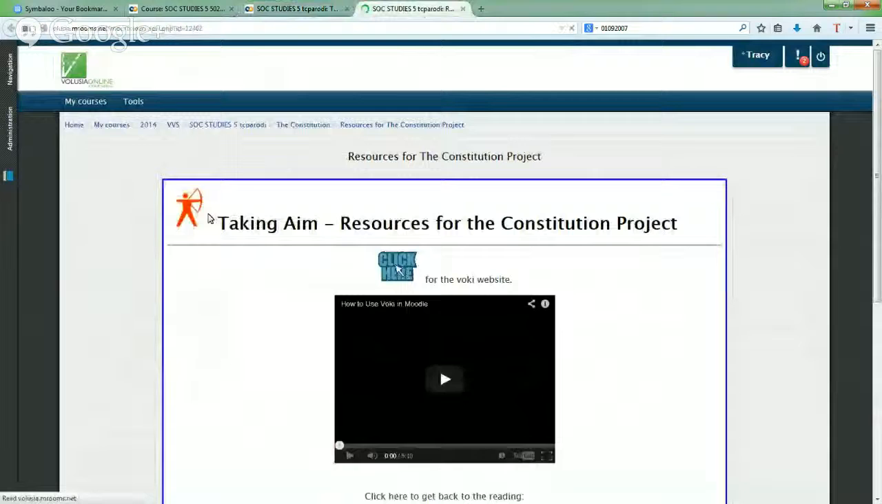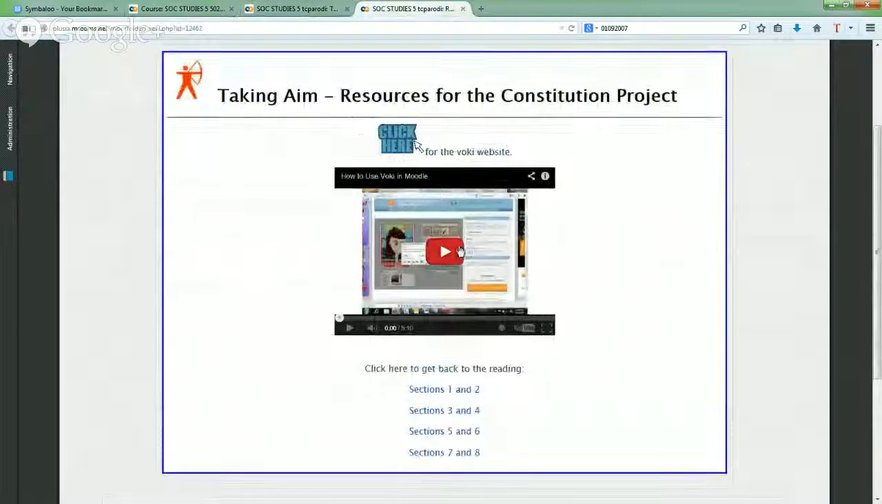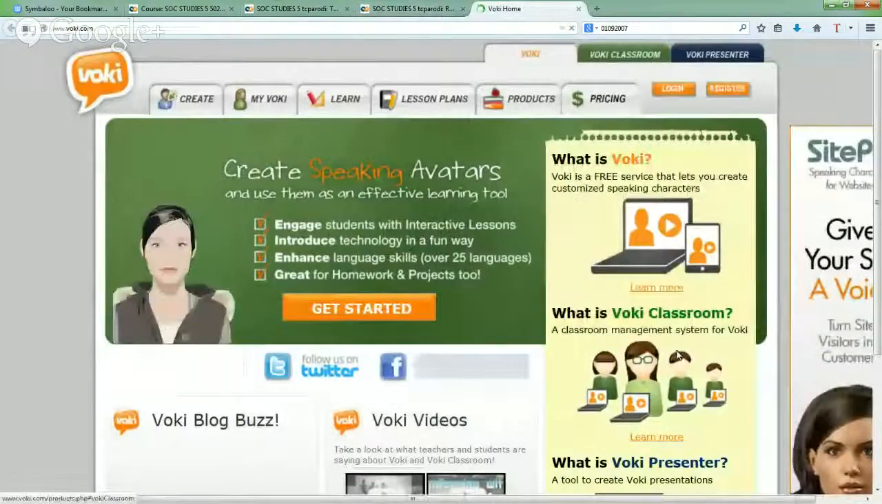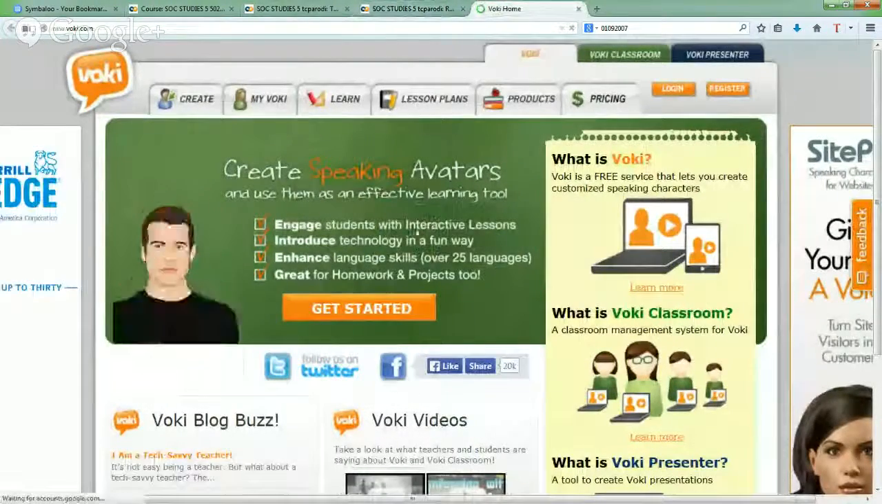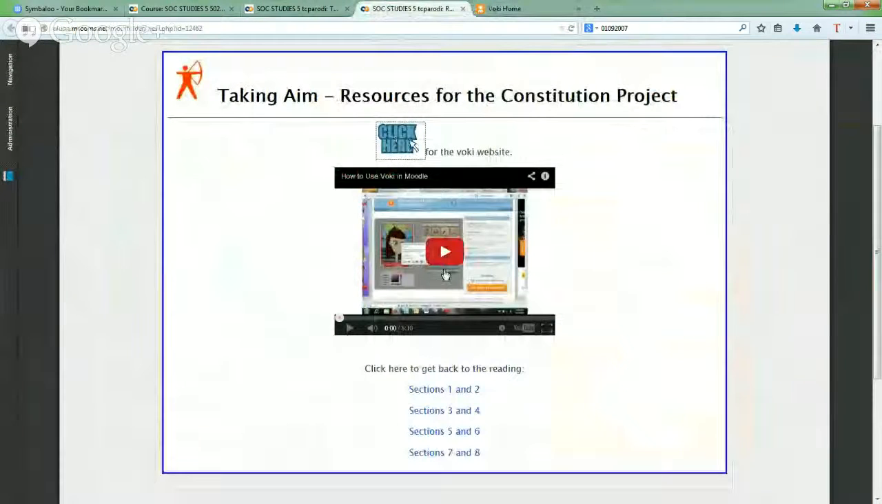Let's see. Alright, so this is a how-to video on how to create a Voki in Moodle. If you choose to make a Voki, this will show you how to do it. If you click here, right-click, open in a new tab, this goes right to the Voki website so that you can make your Voki while you watch the video. So you can do it in 2 different tabs. And like I said,